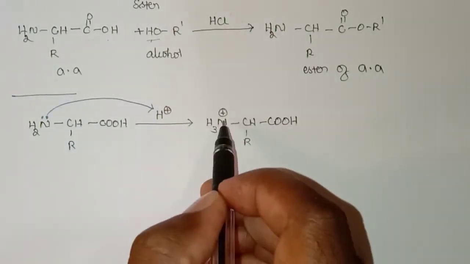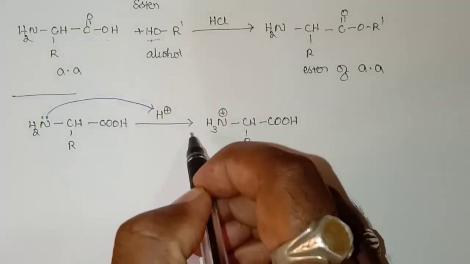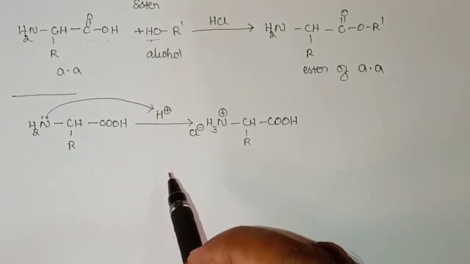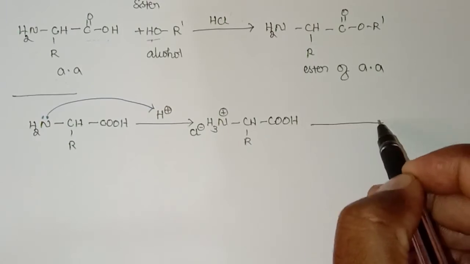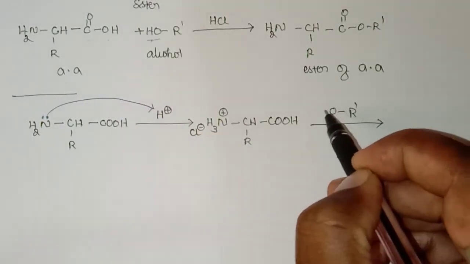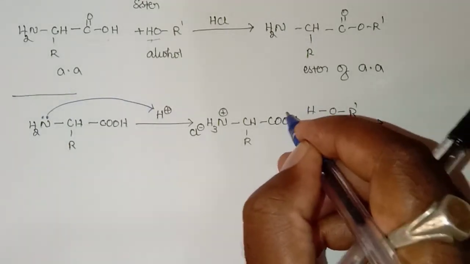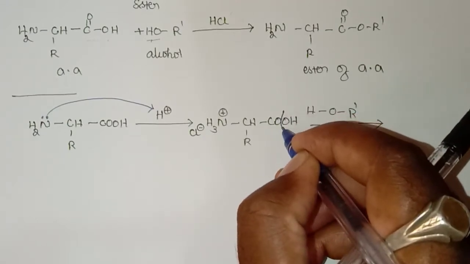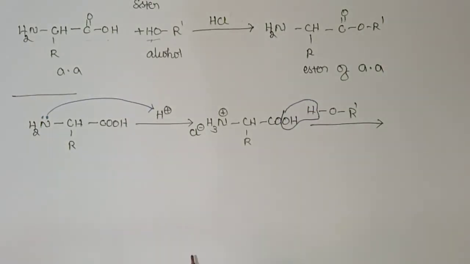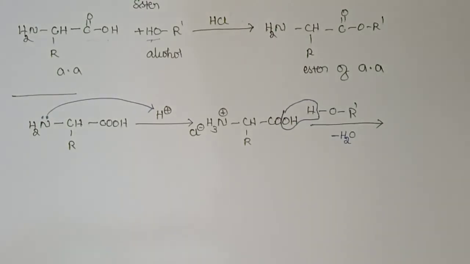Okay, and to balance this positive charge, the Cl minus content of the HCl will also come into the picture, so that we get the hydrochloride of the amino acid. Now the alcohol will come into the picture, R dash OH. Here, OH will come from the carboxylic acid and H will be from the alcohol, and that results in the elimination of 1 unit of water, so that you are going to get